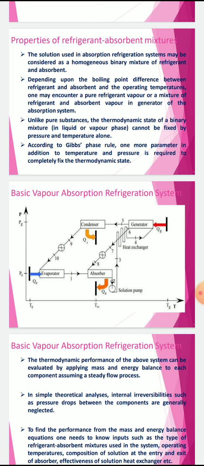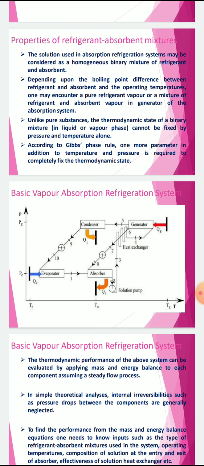After acquiring some heat, we send it again to the generator inlet, where we supply Qg. So from the absorber we send the solution using a pump, and that pump will pass over a heat exchanger